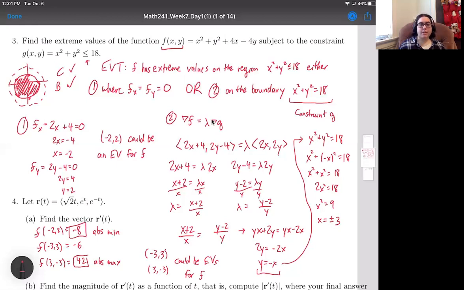And this is fine. It's okay that I didn't end up using negative 6 because all that EVT was promising me was that that could have been an extreme value. It turns out that in this case, one of the extreme values happens along the boundary, and the other extreme value happens inside the region at a point where fx equals fy equals 0. I think that's all I want to say about this problem, but